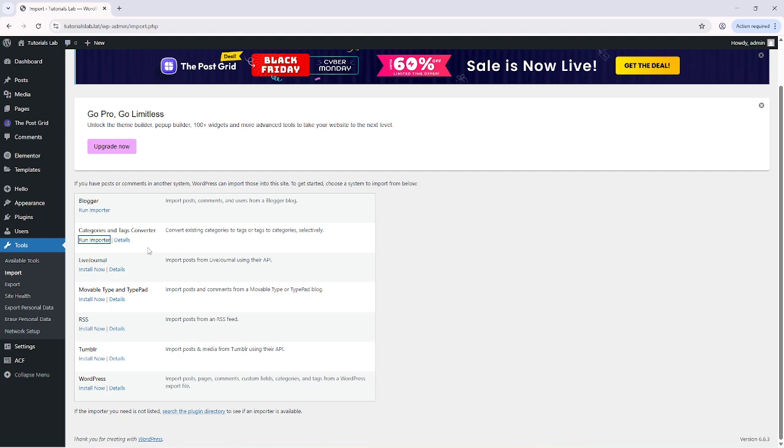And there you have it. You've successfully imported an Elementor template kit into your WordPress site. This opens up a world of design possibilities, allowing you to create stunning pages quickly using professionally crafted templates as